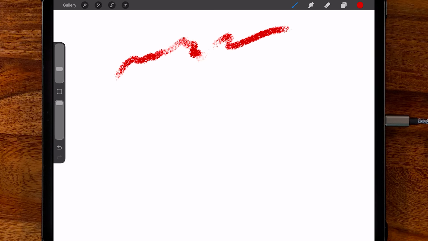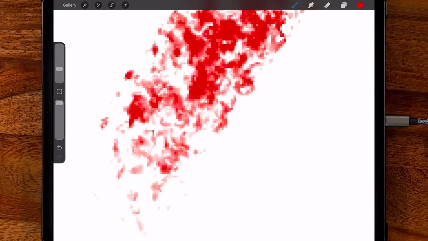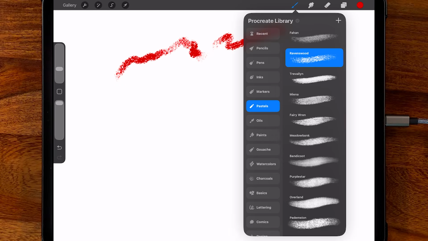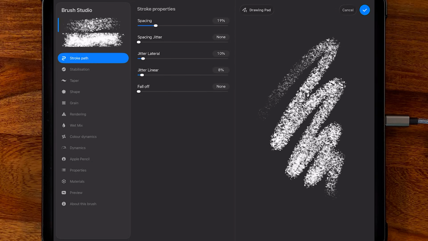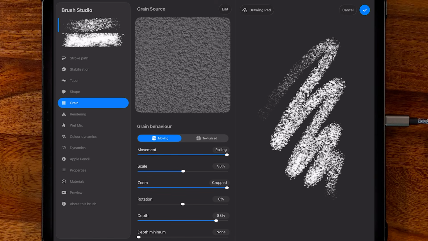There you go. One lovely pastel-y texture until you zoom in, and pretty soon you start to see the individual pixels that make up that brushstroke. That is the point. Every single brush inside Procreate and any other bitmap-based program which has brushes that I can think of, they all do the same thing. If I tap on this, you have a mixture here of your shape, which is a little cluster of pixels doing nice things, plus also grain, which is another little cluster of pixels,